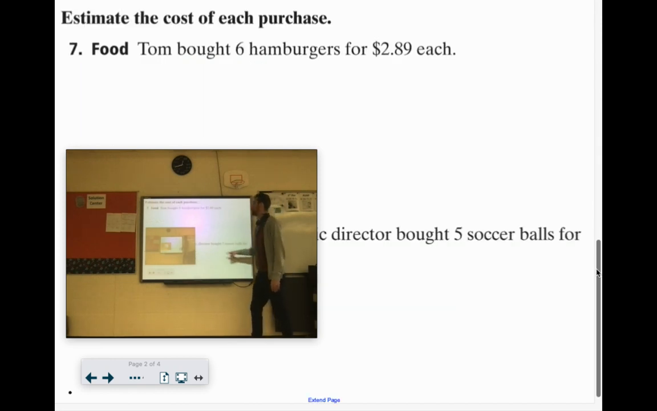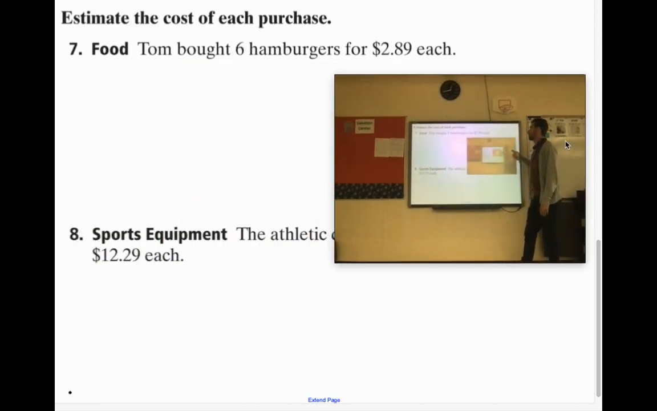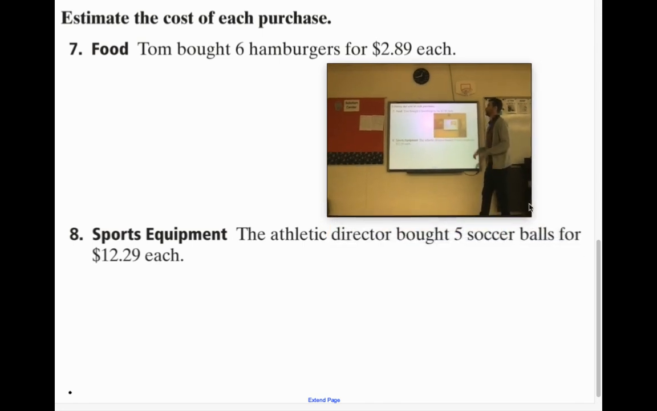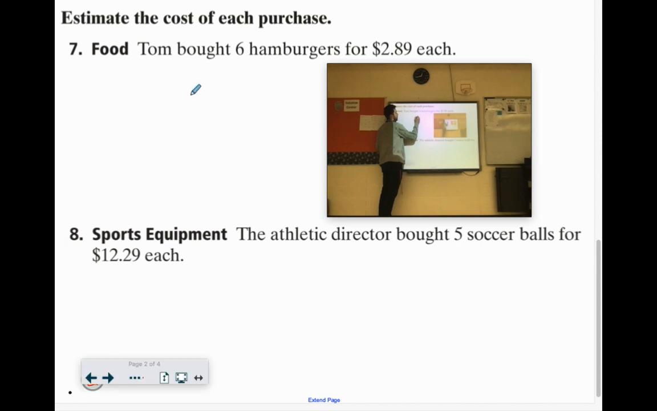All right, I have 2 here for you to try. We got some burgers. We got some sports equipment. So pause it here, try them, and I'm gonna go over them right now. Tom bought 6 hamburgers for $2.89. So let's say 6 times $3